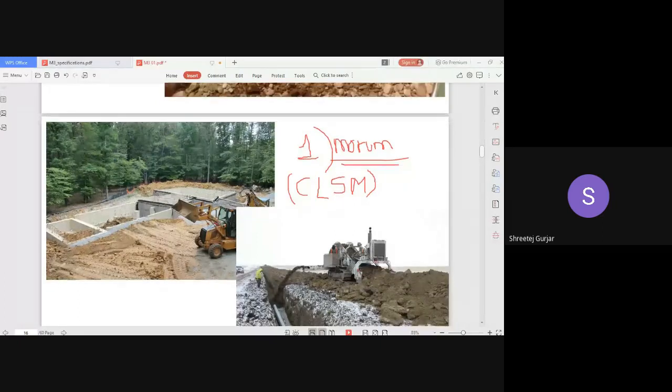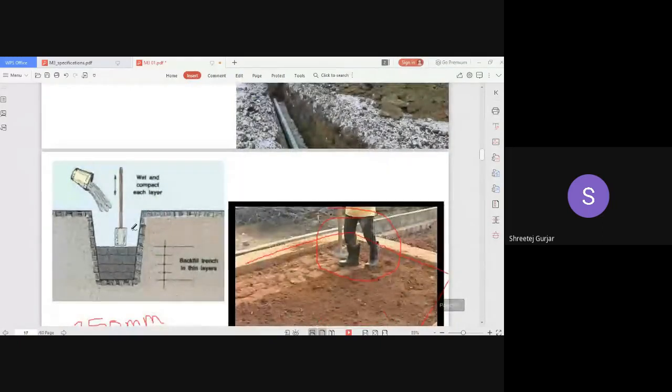So we have to take care that you fill it in layers and compact each layer properly. Each layer, you have to wet first, sprinkle some water and then compact it, and then lay the next layer and compact it. In this fashion you have to backfill. Don't just pour your soil back in and leave it. That is unprofessional.